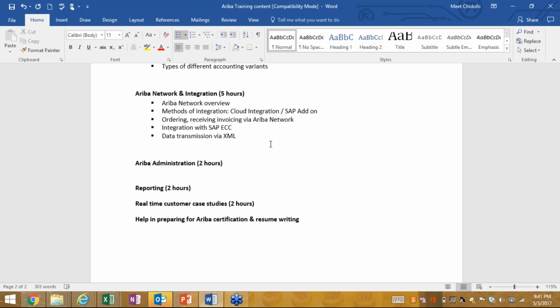They have to set up the trading relationship. So once the supplier has a trading relationship, then we can do transactions with the supplier. In SAP we can configure the output condition type, and then we can trigger the POs. Whatever we create in SAP, we can output to Ariba Network, right?